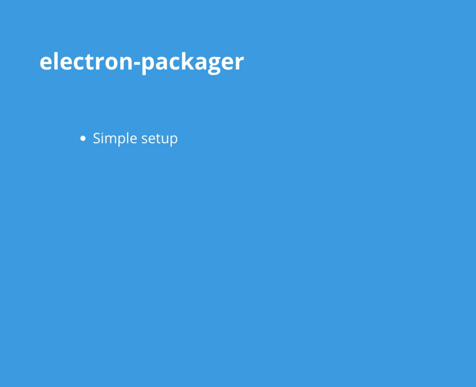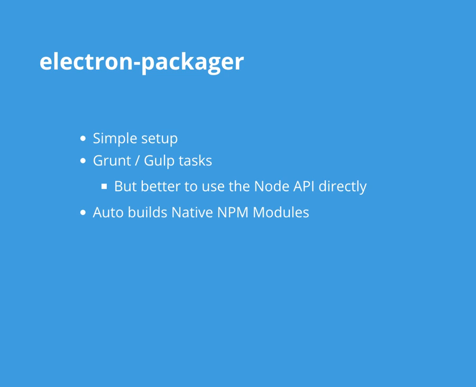Now, let's dive into Electron packager a little bit, because it does so many things, and it will help us understand better how this whole thing works. So Electron packager has a very simple setup, really easy, and it has both grunt and gulp tasks if you want to get started, but I suggest that you create your own grunt task if it's grunt you want to use, or a JS module that directly accesses the Node API that the packager exposes. As I said, it automatically builds the NPM module, so you don't have to worry about that,